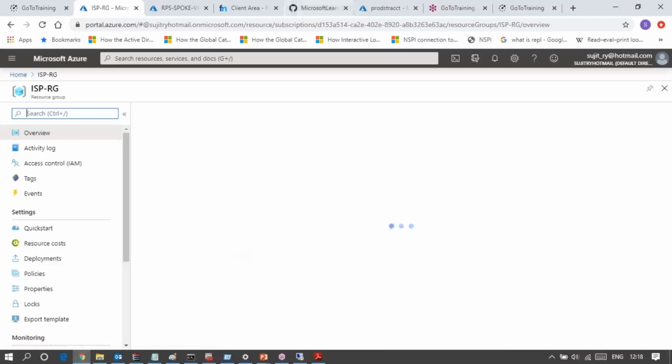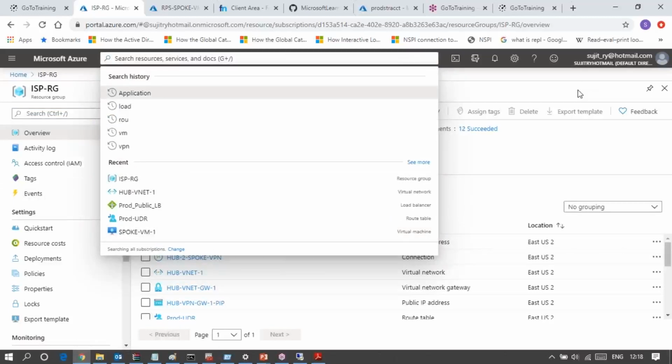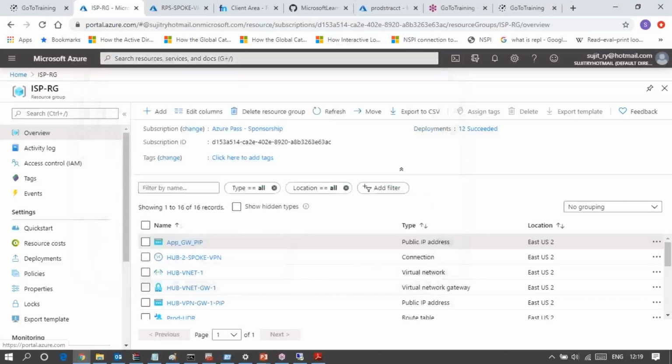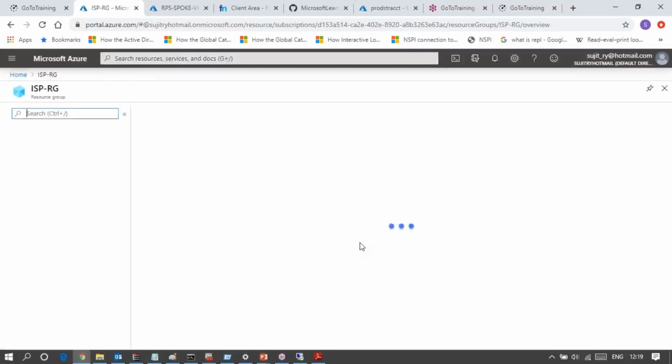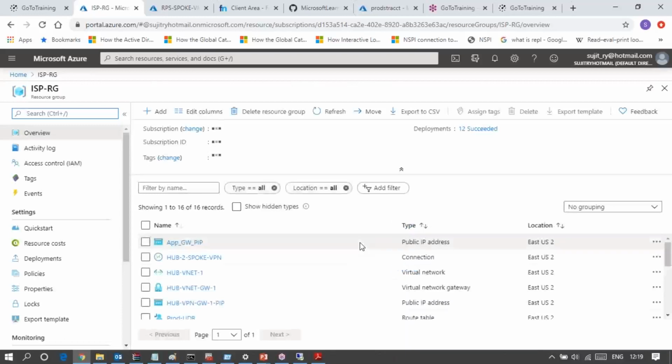Okay, this is the resource group. This is the app gateway, and this is the app gateway PIP. This is a public IP.